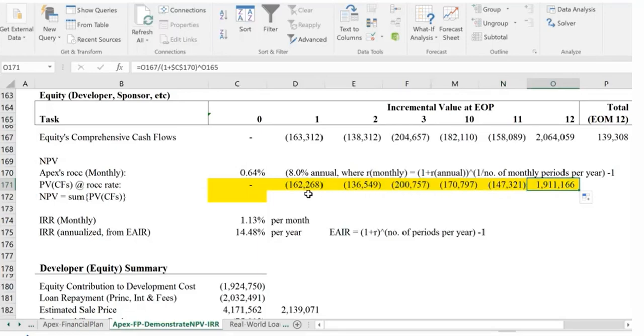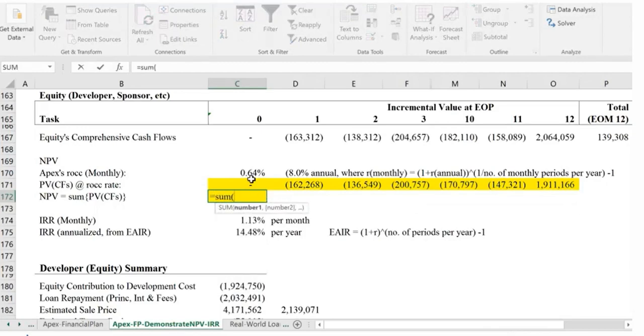All of these are smaller than the numbers up above, and I always check the last one pretty carefully. 167, that's right, divided by 1 plus C170, that's right, raised to the 165, which is 12. So that's all looking good. And now the NPV is just the sum of all of these cash flows on their apples to apples discounted to t equals 0 basis. So I'm just going to say down here equal to the sum of the present value of every stinking cash flow for the sponsor. And there it is,